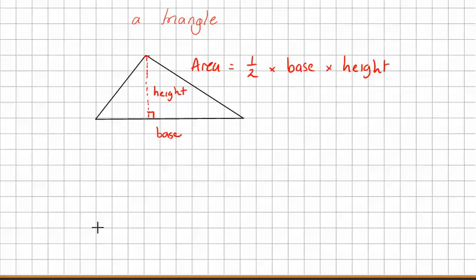So, if we have, though, let's pick a different triangle, slightly different. Okay. If I specify to you that this side is the base,